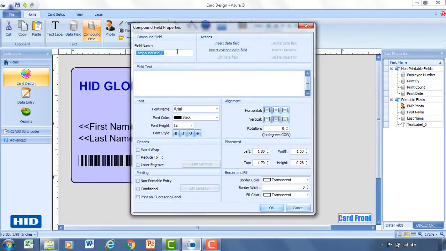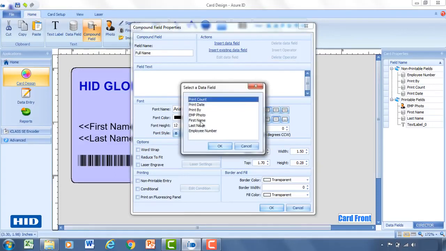And this would be where, if you want to have multiple fields lined up next to each other, this is how you could enter this in. The most common example that we see is putting a first name and a last name next to each other. So rather than calling this compound field underscore 0, I'm going to type in full name. And rather than creating a new data field, I'm going to use existing data field. So what I'm going to do is select first name,